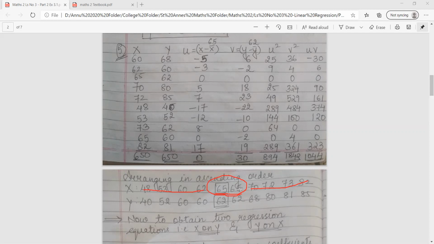That is your choice. Answer will be the same. So class, whenever you are caught up in such kind of a situation, you can select any number, the first one or the second one. Now in this particular sum, both the cases, the values are same. So I'll take 65 and 62. But if you get a situation where the numbers are not the same, you can pick up any value from the two. Okay?